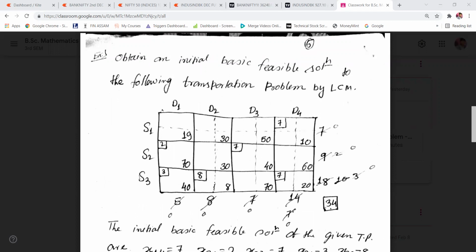So I think all of you have understood the process, how to proceed step by step. You follow the process and easily you will be able to get the solution of the given transportation problem using the least cost method.